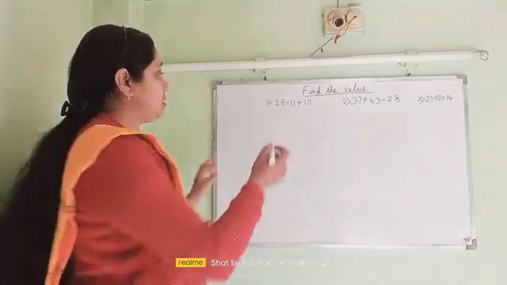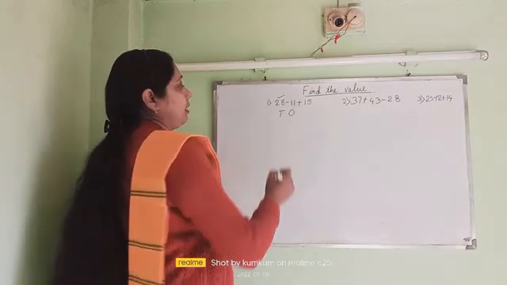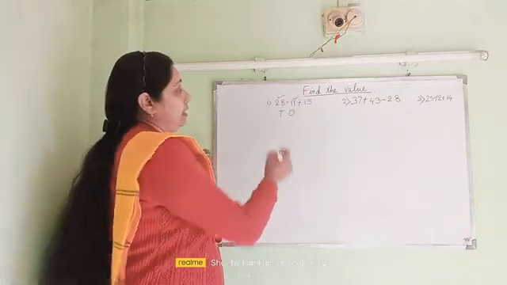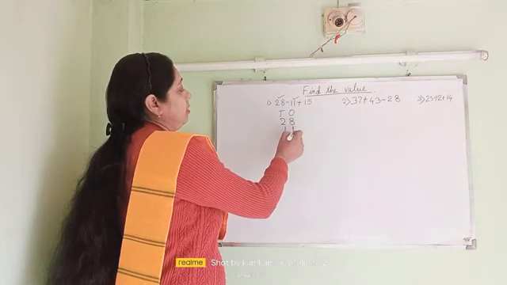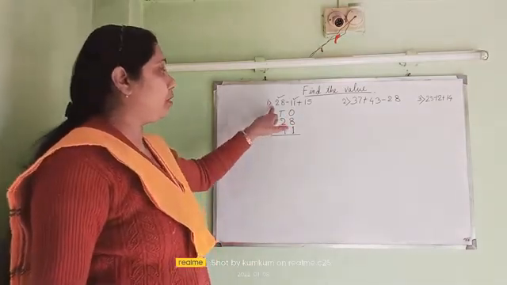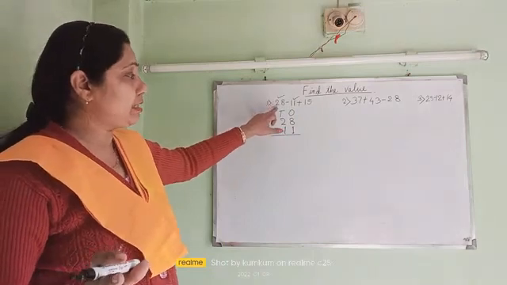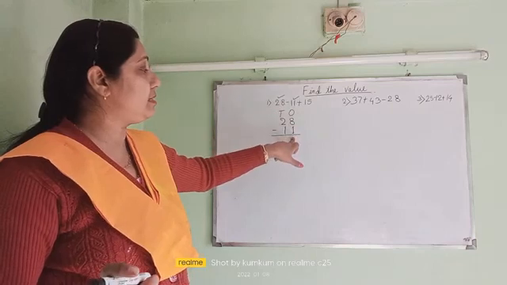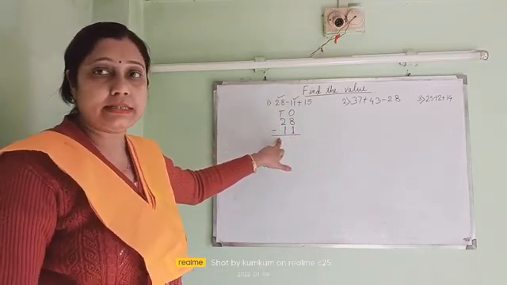Now see, the first number is 28, so I am going to write TO here, and below I am going to write the next number, 11. The sign before the number is its sign. That means no symbol is before 28, so the addition sign is there. And 28 is the greater number than 11. So 28 is written above and minus 11 is written below.